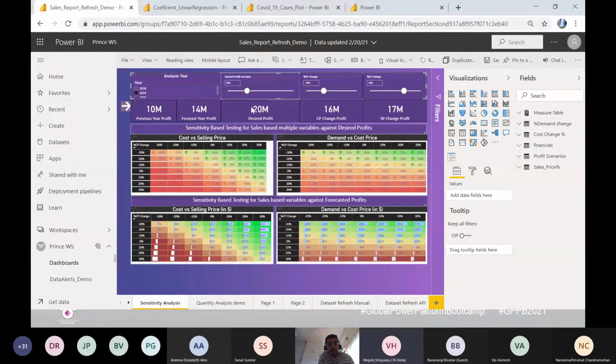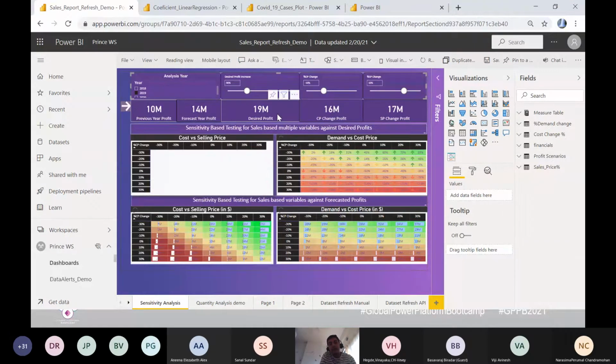So I just change the sensitivity, and all the data is getting updated. I say, okay, I can achieve 19 million, my desire is 19 million. So now I should see, if as a person I say, okay, I cannot control all,